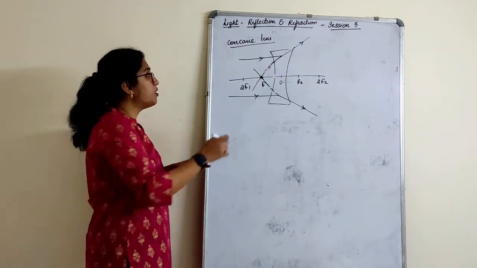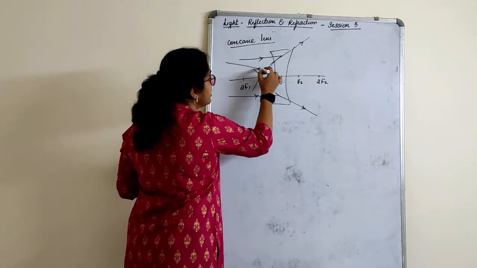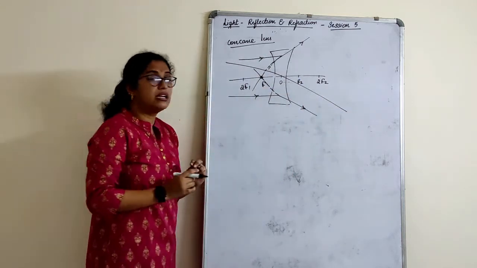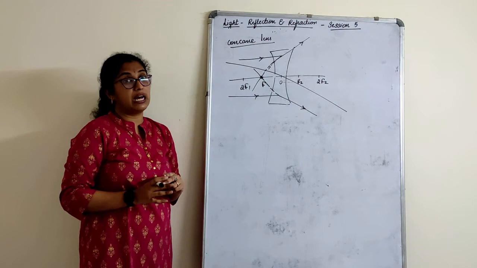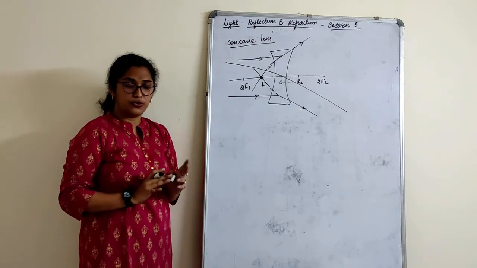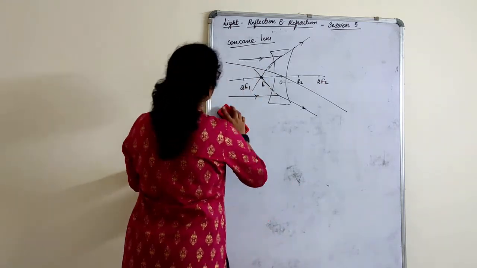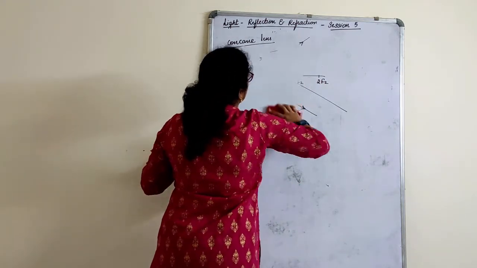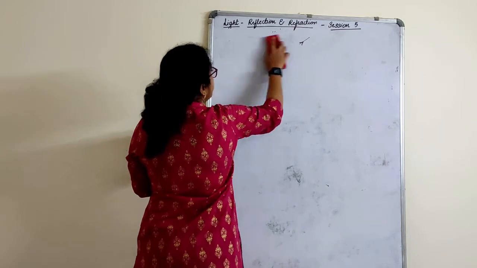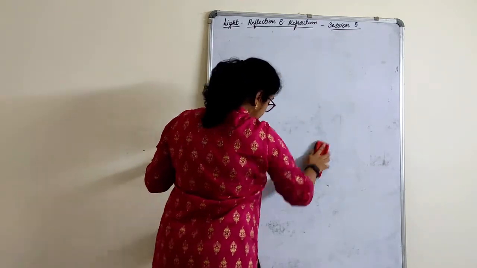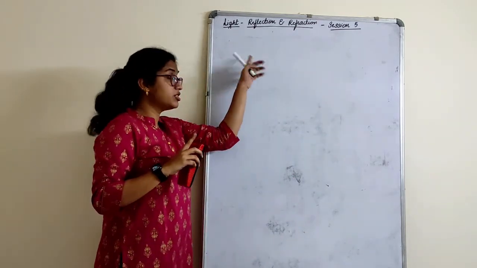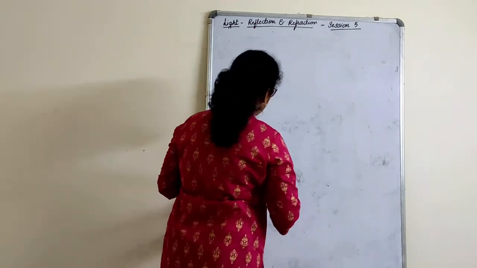Rule number 2 is what? Any ray which is entering through the optic center will pass through the optic center without any deviation. That we know, right? Now let's quickly start with the ray diagrams. So very clear about the rule, children? Yeah, with the first, what I have done, just concentrate on this part.